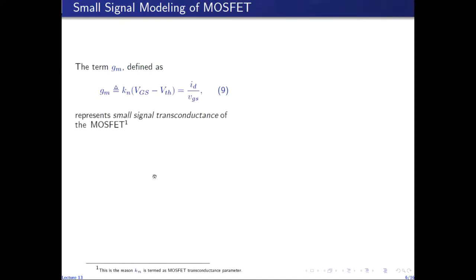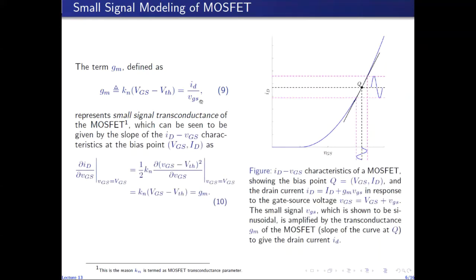This is the reason why Kn is called the MOSFET transconductance parameter, because it defines the transconductance for the MOSFET. Because GM is given by the ratio of the small signal drain current to the small signal gate to source voltage, this ratio is equal to the slope of the ID-VGS characteristics. We can mathematically verify it by differentiating the expression for the total drain current,